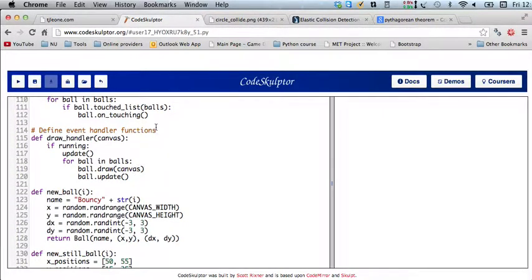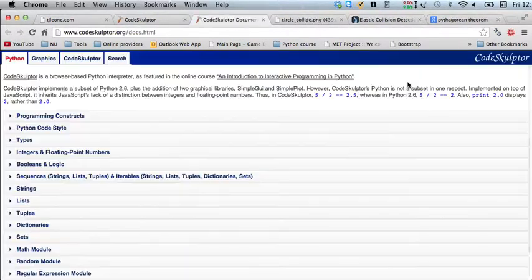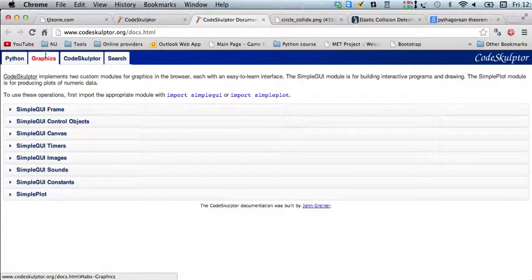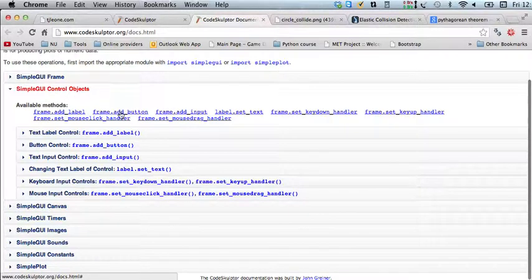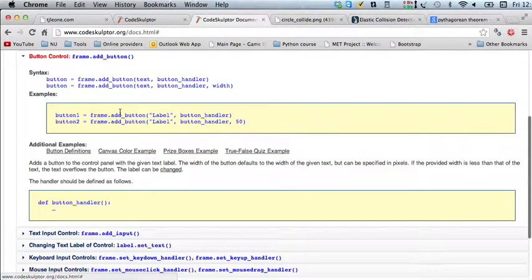So let's take a look at the docs and see how we do a button. All the simple GUI stuff is under this graphics tab, and a button is a control object. So I'm going to go here, and it says frame add button. Notice when you say frame add button, it actually returns a pointer to that button. I'm not going to use the pointer to the button because I don't need it. You can optionally say how wide you want the button to be. I'm not going to do that either. I'm just going to copy this part